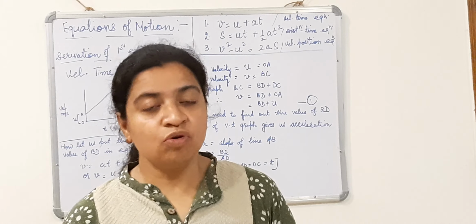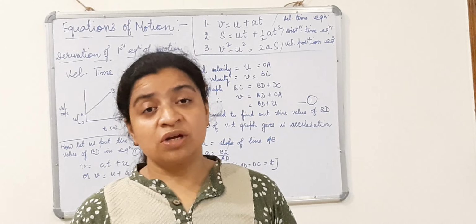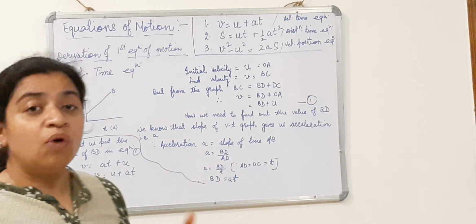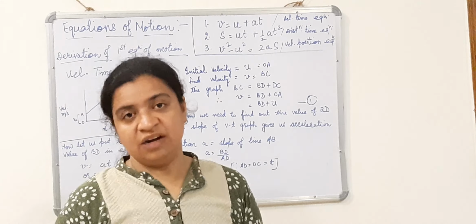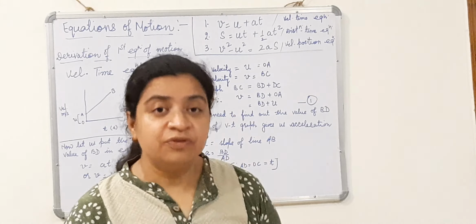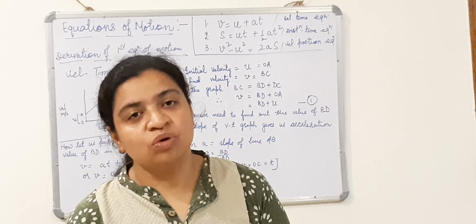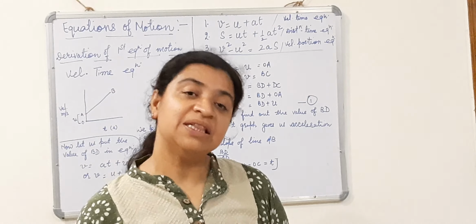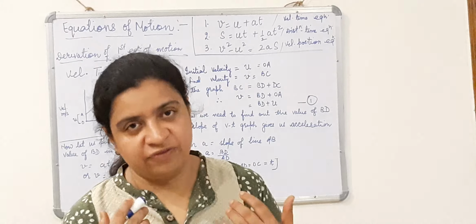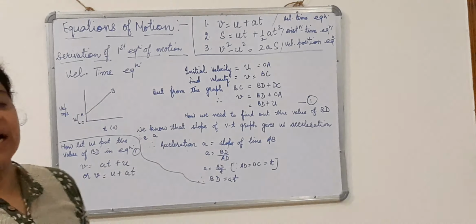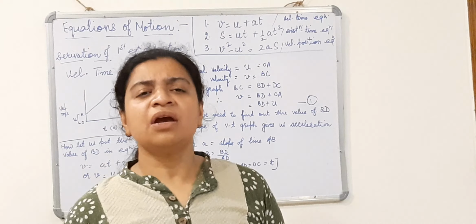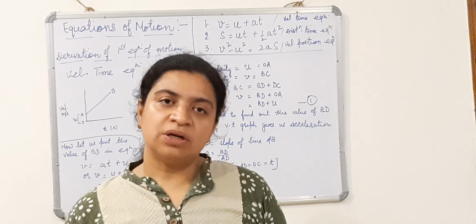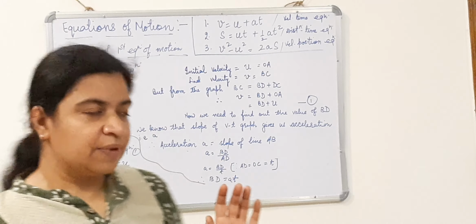In certain books, in a few books, the mathematical method is also given, but that is not in our syllabus. We have to use the graphical method only. So first you have to draw the graph, and from that graph you have to derive the equation. That is why it is known as the graphical representation of equations of motion, because you are deriving these equations through a graph. So let us start. Suppose an object is moving with a certain initial velocity. You started the scooter, your velocity is u. You are moving.